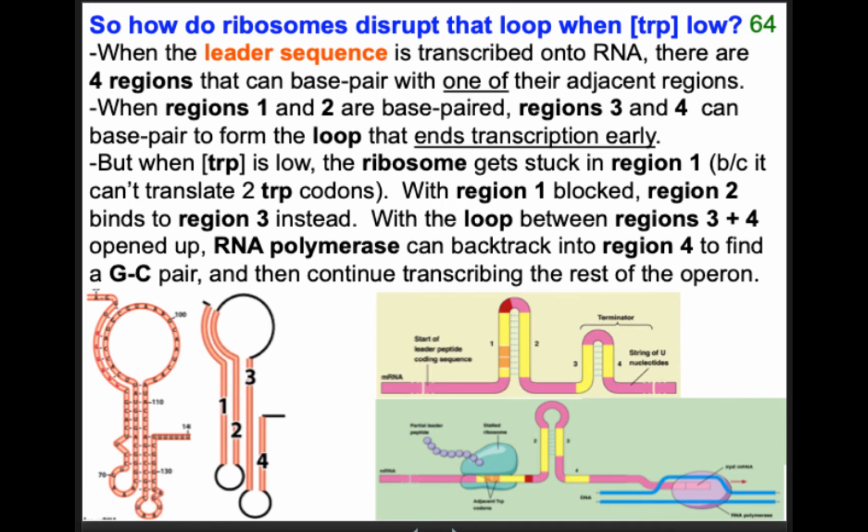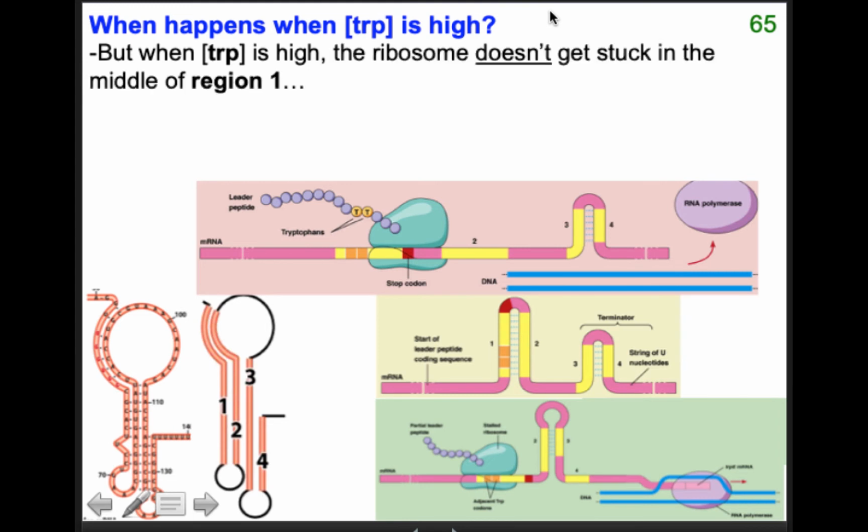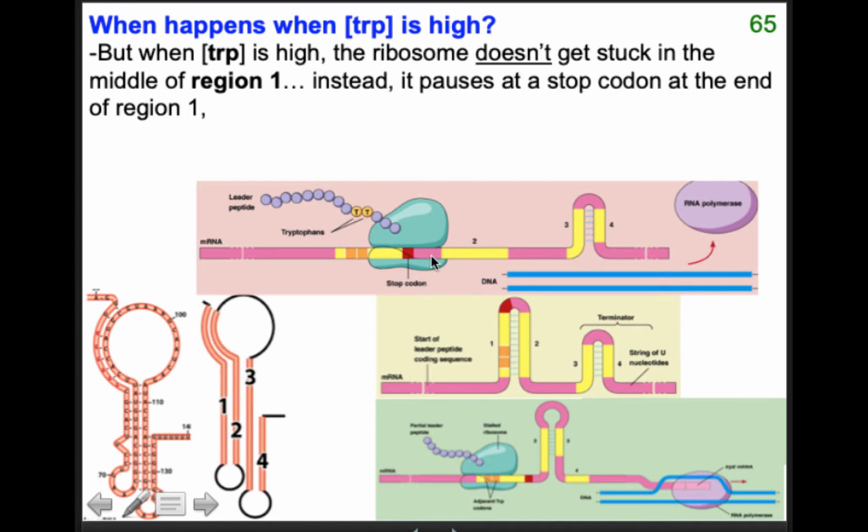the structural genes. So then what happens when the concentration of tryptophan is actually high and we don't need to make any more tryptophan? Well, when the concentration of tryptophan is high, then the ribosome doesn't get stuck right here with these codons that code for tryptophan, so it doesn't get stuck in region 1. Instead, it basically continues to translate this leader sequence of the mRNA until it gets to a stop codon, which is around the end